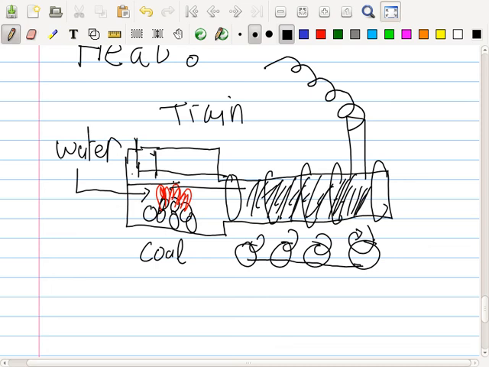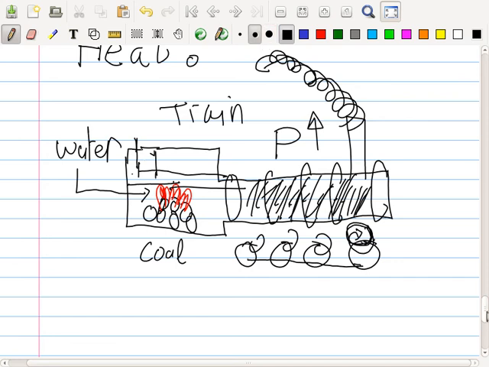Why is there water? They make the steam. How else do you get steam? So the water goes in, gets hot, turns to steam. The steam is in here, and it gets more and more steam. And what happens to the pressure? It increases, bigger and bigger, until it starts to make the wheels turn. And then this is the escape for the steam, and the smoke as well from the fire.